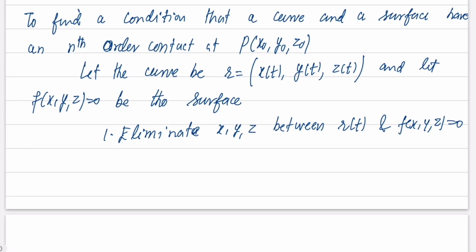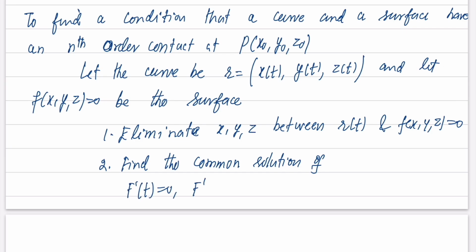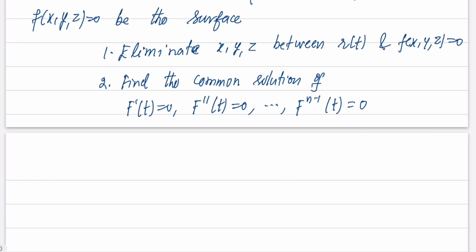That will help us eliminate the variables x, y, z from the surface and replace them with the variable t. Then second is to find the common solution of f dash of t equal to 0, f double dash of t equal to 0, and so on, up to f to the n minus 1 of t equal to 0. So from the first up to the n minus first order derivative, we will find the common solution